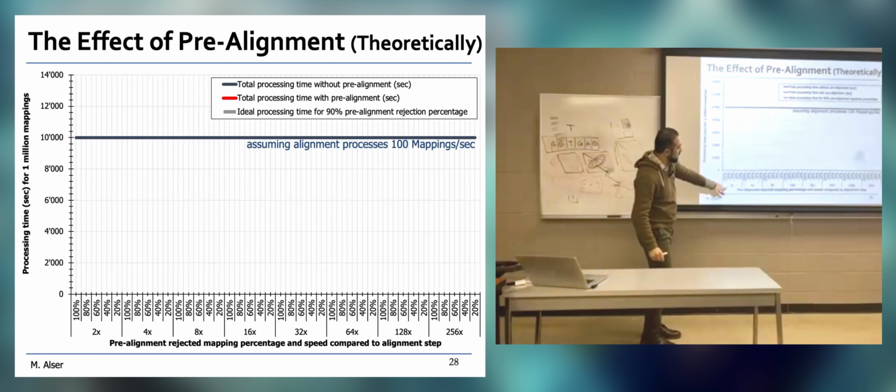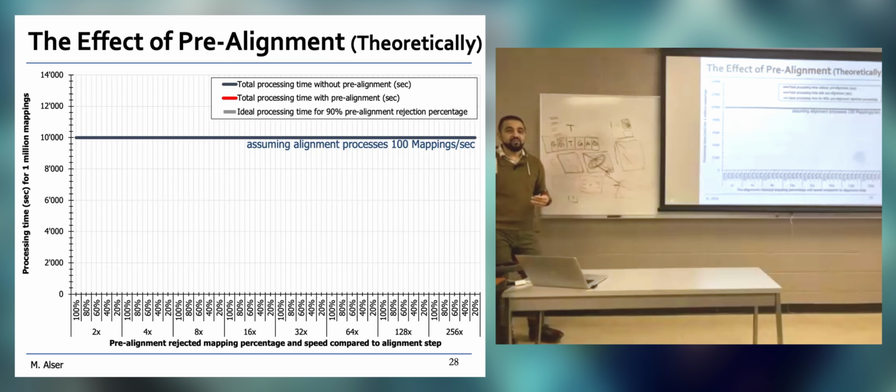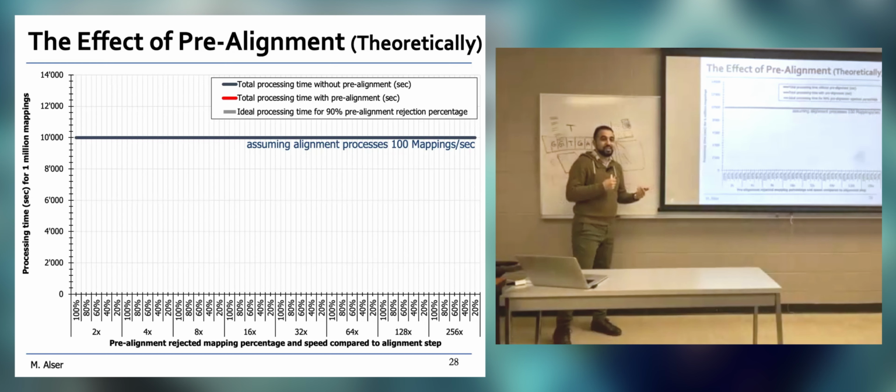And next, this is the speed of pre-alignment filtering compared to sequence alignment. If the filter is 2x faster than the sequence alignment, what will happen? If 4x, 8x, 16x, and so on, was to predict in advance